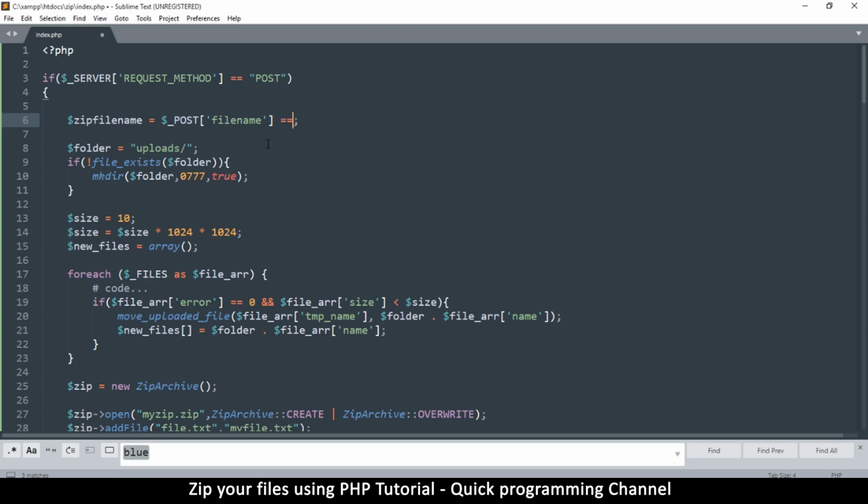If this is equal to empty like this, let's use trim here to make sure that we trim the leading and otherwise spaces. So if trim,